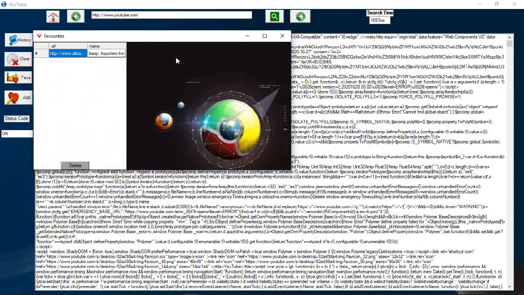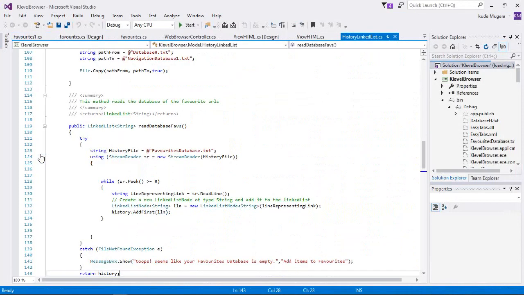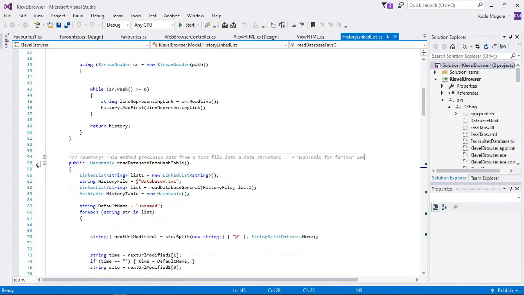Yeah, like I said, this is just the favorites. It's also absolutely customizable. Something that I forgot to mention is you can rearrange the columns the way you prefer. For example, if you want the URL on this side, you can rearrange, which adjusts the code as well. Now let's check if our application is done, and let's reload. Yeah, there is some of the code which was used to create the application. I'll not show you the entire code, but I'll just show you some of the important bits.